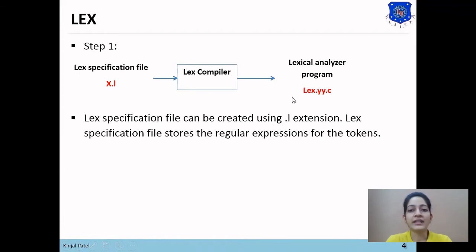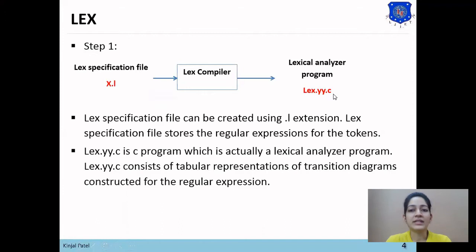So it will generate the lex.yy.c program file. lex.yy.c is a C program which is actually the lexical analyzer program.